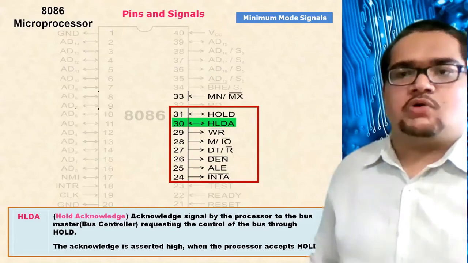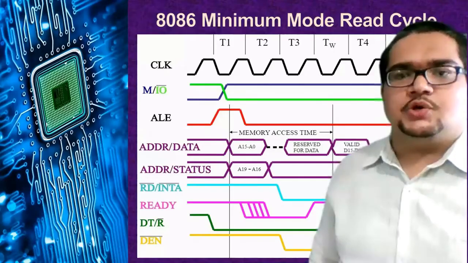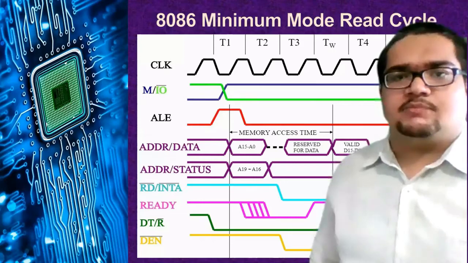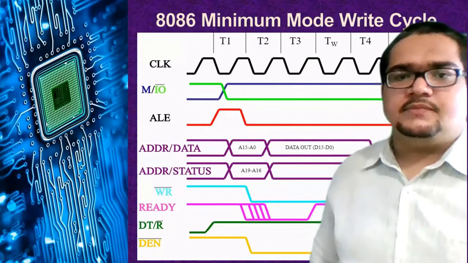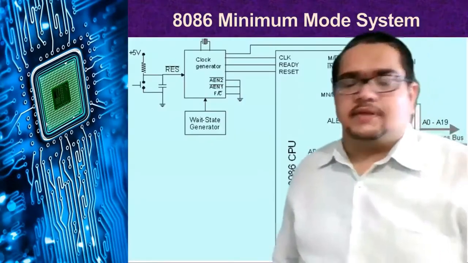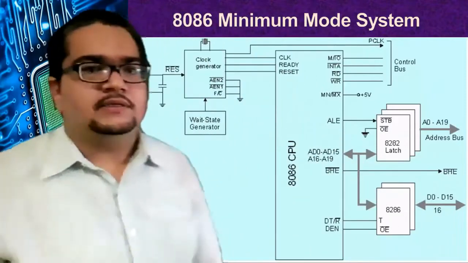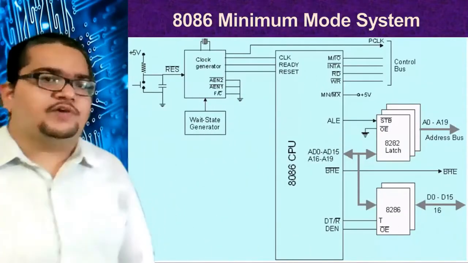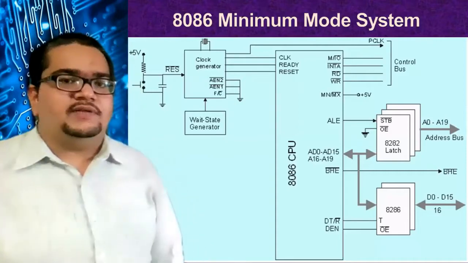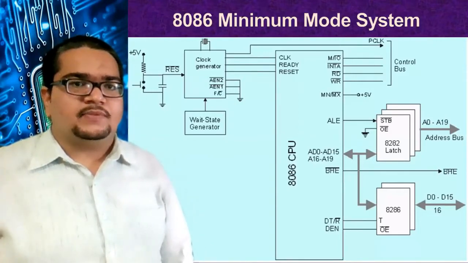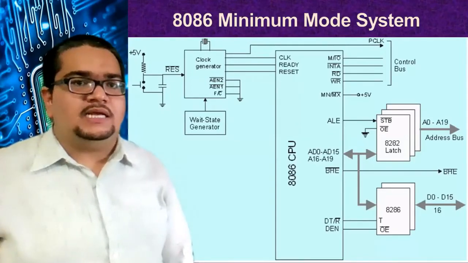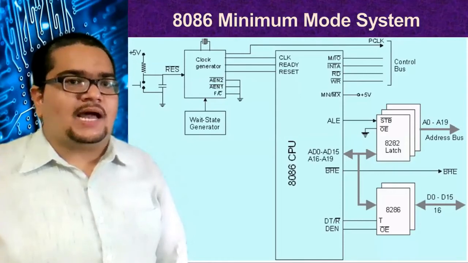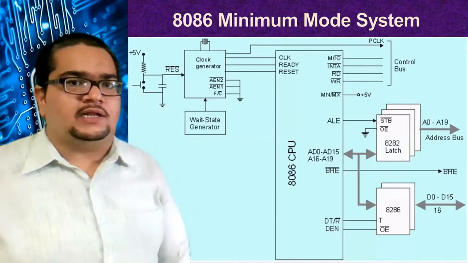So we have discussed all the signals in minimum mode. Let me show you the timing diagram and system configuration. I'll show the system configuration first, then come back to this timing diagram. Okay, the system configuration, now we can check it out here. The 8086 minimum mode system configuration is this. So in between there is the 8086 CPU here. On the left side of your screen right now, you can check it out. That is the clock generator circuit. This is the IC particularly which I named earlier, that is the 8284 clock generator.